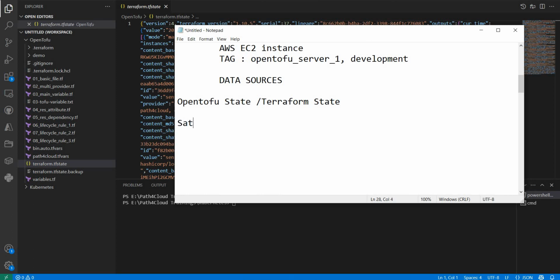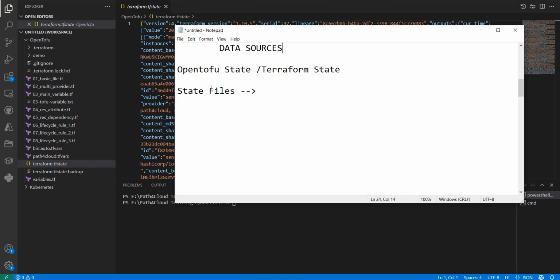We need to understand that first, then only we will get a better understanding of the data sources. So let's understand what the state file is. Please be with me because it is a very important topic to understand. When we run the Terraform plan or the Terraform apply command the very first time, it plans and creates the resources as per the configuration plan,